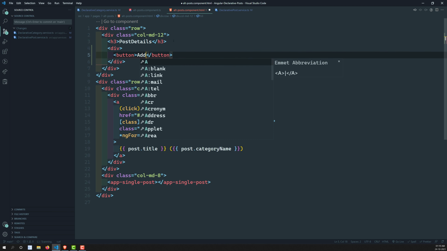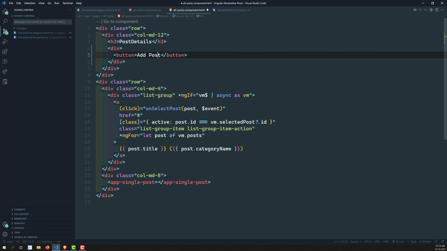So here I will be adding a button, add post. This doesn't have any routing; it will just work on click. Let's see this type of process, and later on we'll see the routing process for add post also.